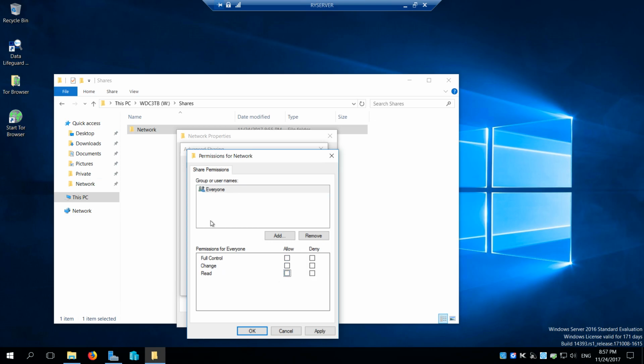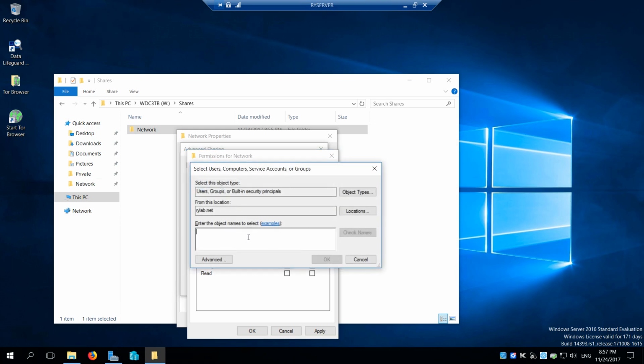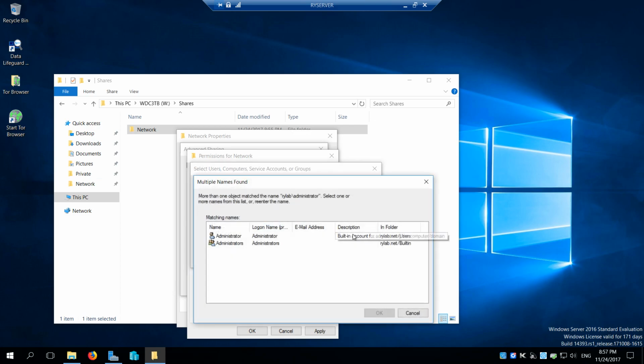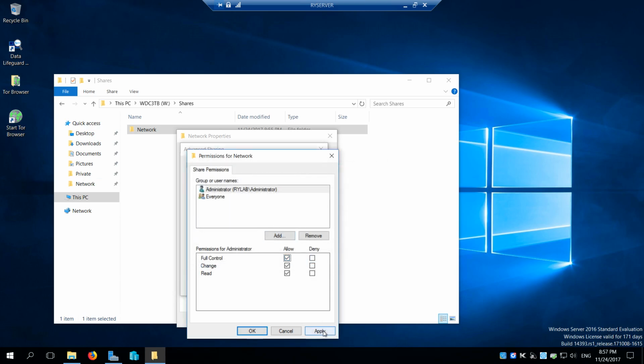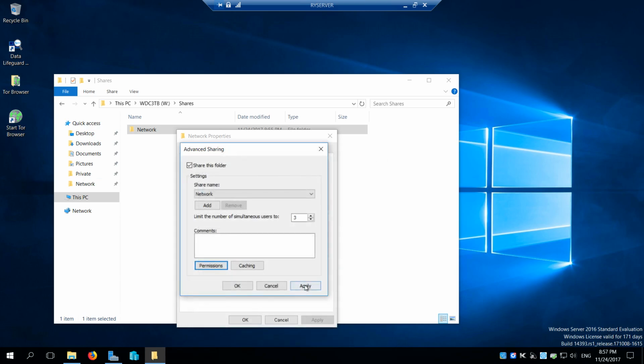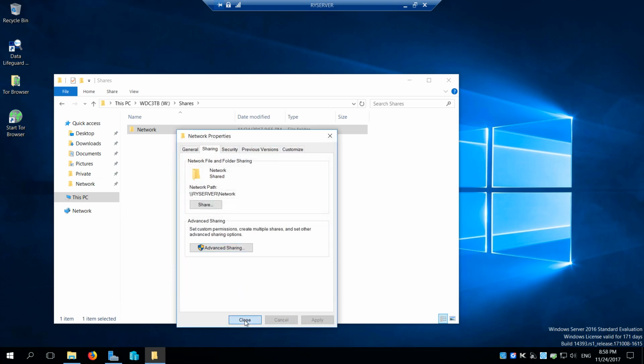I don't want anyone other than me at the moment to access this share, so I'm going to go add, and then I'm going to type in here Rylab/administrator. Okay, and I'm going to go here with this user here, click OK, administrator, OK, full control, apply, OK, apply, OK, close,